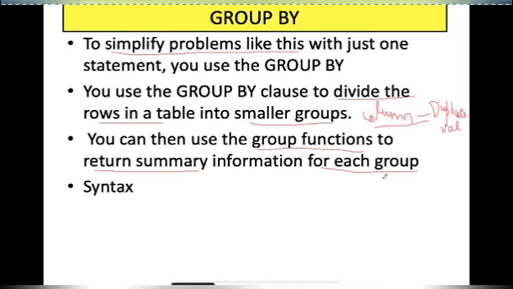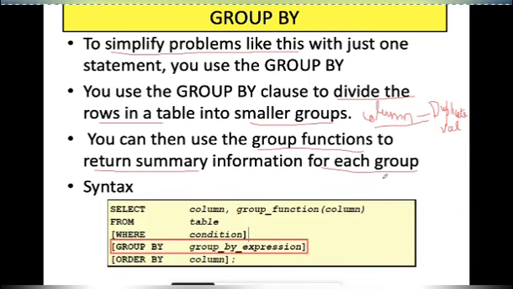The syntax of group by goes something like this. Select, here the group function will come and the column. This syntax will be more clear when we use it in further examples, but let's have an introduction. Then from, the table name will come, and where, if you want to use it, will always come before the group by clause.